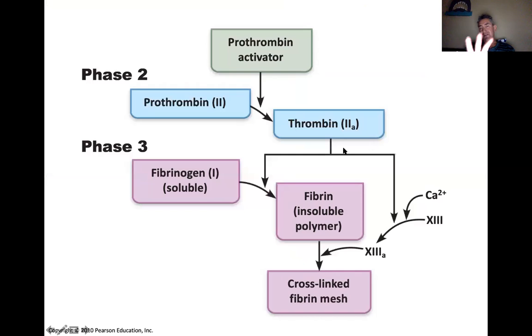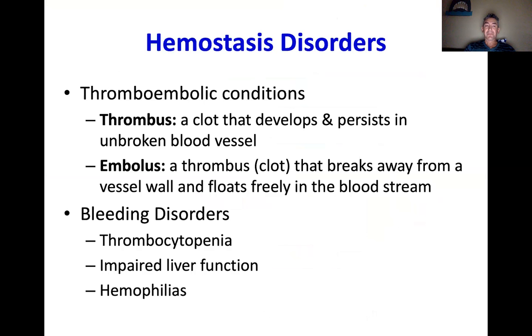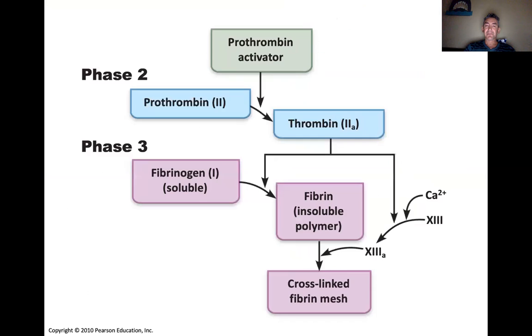So again, in word format here, we've got the intrinsic and extrinsic pathways to prothrombin activator, which initiates thrombin, which will then be part of the pathway to initiate our fibrin mesh. And once we have that, it's good, right? We're set. Now, we know this is how it's supposed to happen. There can be some situations where